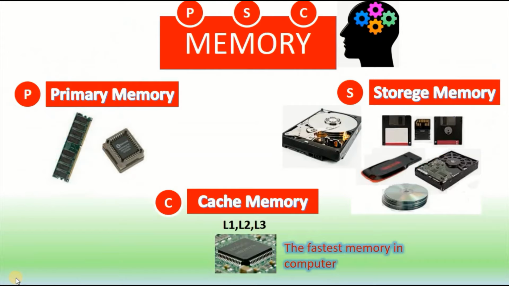Let's go to the next slide. And this is the memory unit. So we define here the primary memory, that means temporary data storage. Okay, the examples are RAM and ROM. So RAM and ROM are examples of primary memory. Storage memory is where data is permanently stored, like a hard disk. This is a hard disk. And the size of this floppy drive is 1.44 MB.